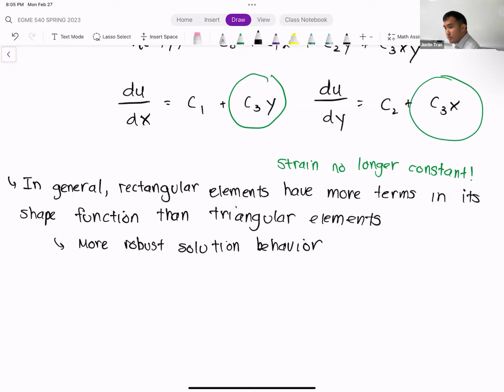Questions? Yes. Is there a way to detect shear locking? Yeah, that's a good question. So the best way to detect that is to refine the mesh. Shear locking actually goes away pretty quickly, so if you refine the mesh a little bit, you can see that the deformations go up by a ton. That means that you're probably shear locking. Your deformations should change a little bit as you refine the mesh, but for shear locking, it's pretty drastic. You go from almost no deformation to a lot of deformation.